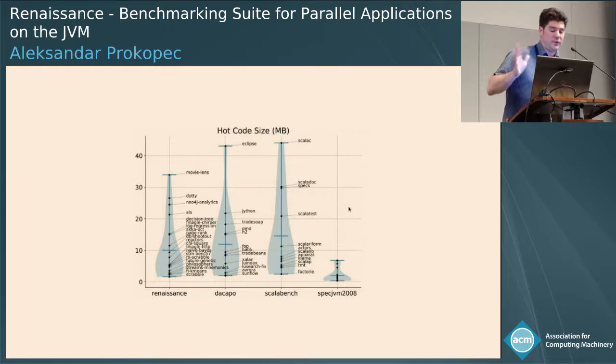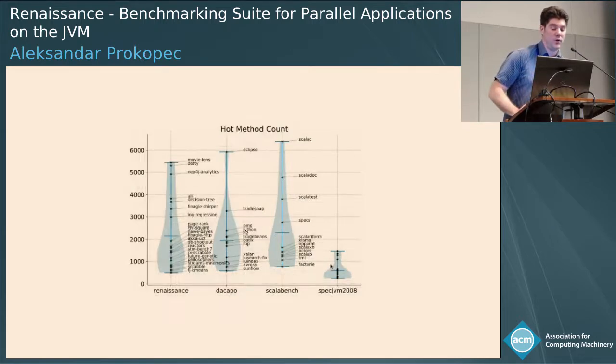So here's an interesting metric that for us as compiler writers is indicative. We looked at the total size of the compiled code, so something that the optimizing compiler throws out. And then we compared this across the benchmark suites. And we saw generally a nice spread, a similar spread between Renaissance, DaCapo, and ScalaBench. DaCapo and ScalaBench in particular had 2 benchmarks which were outliers and much larger than the other ones. SpecJvm had significantly smaller benchmarks.